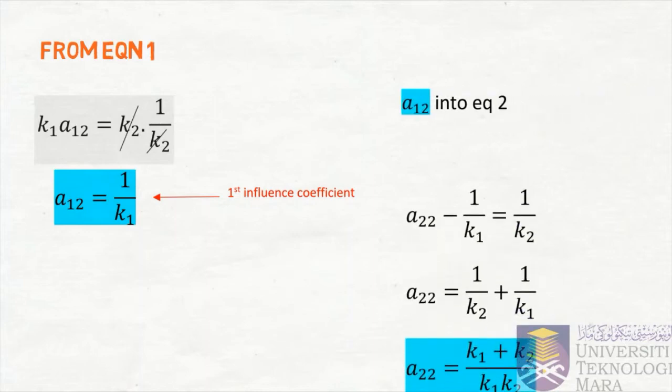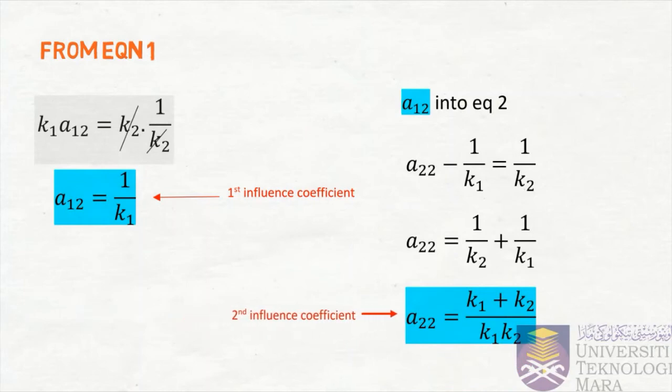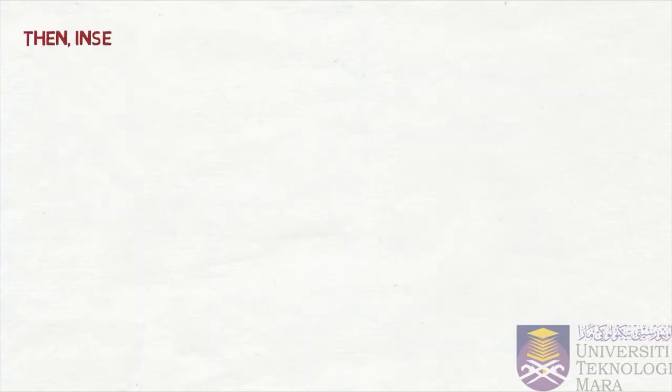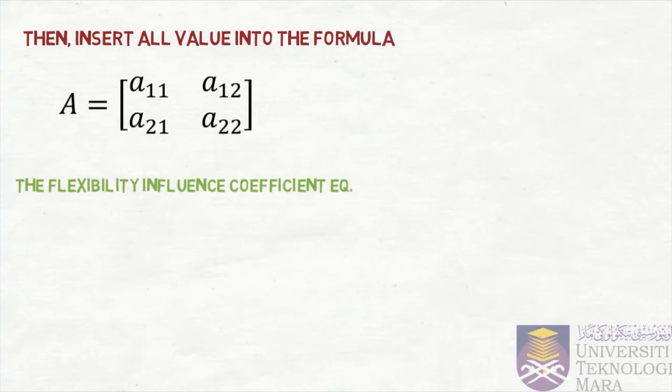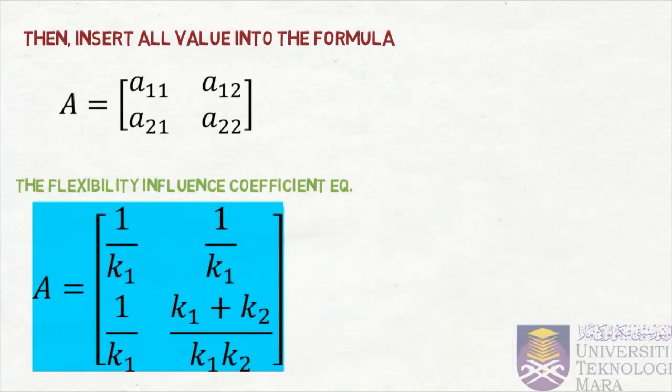A12 will be substituted into equation 2 and we will get the second influence coefficient A22 is equal to (K1 plus K2) over K1 K2. Then insert our values into the formula, and we got this flexibility influence coefficient equal to